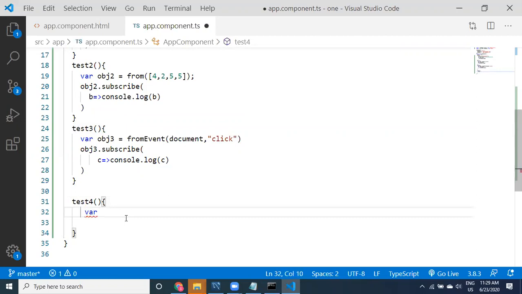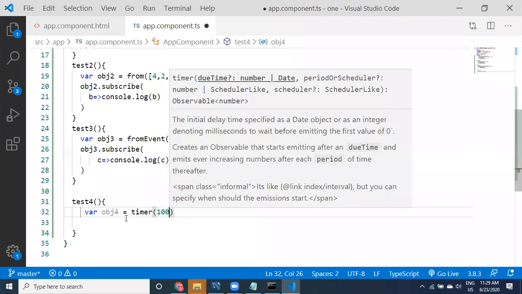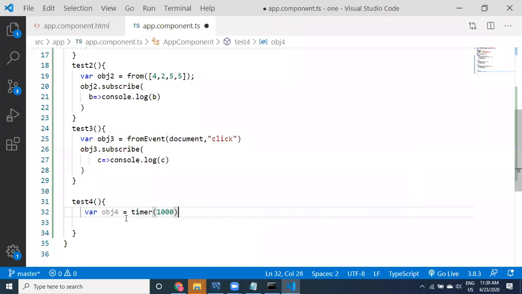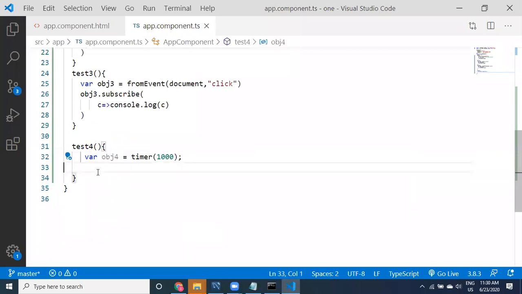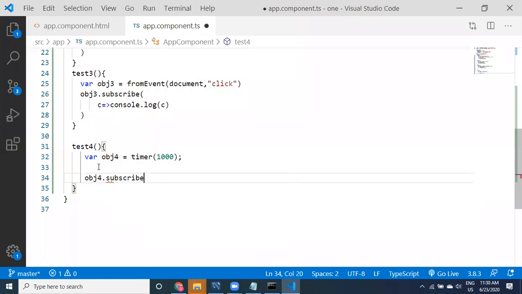Here in the test4, you can take obj4 equal to, I want to take timer. See here, I have provided timer. Then from the timer, what you can do is observable dot subscribe.